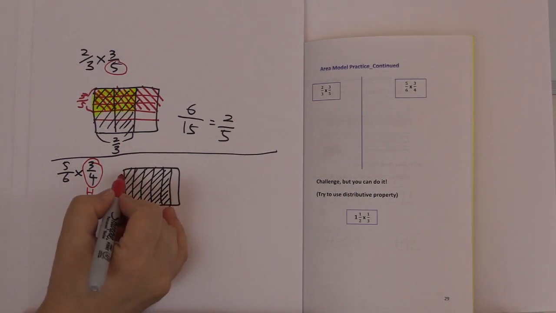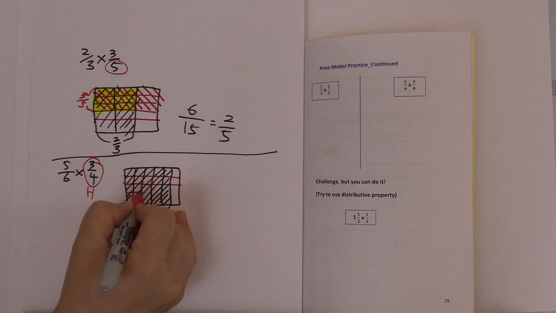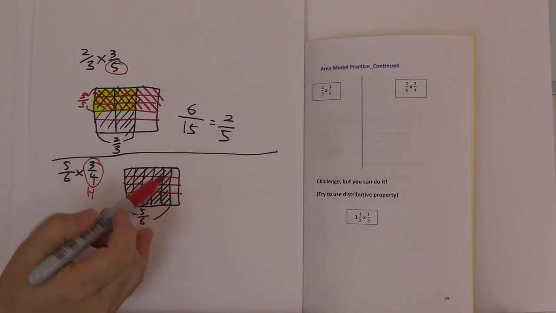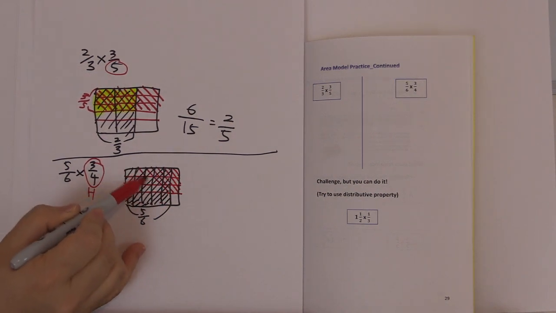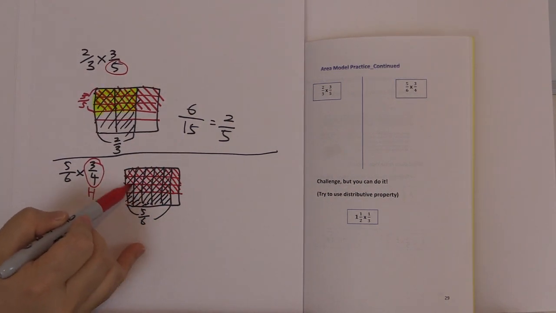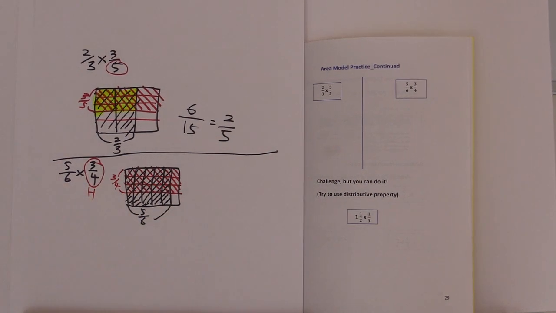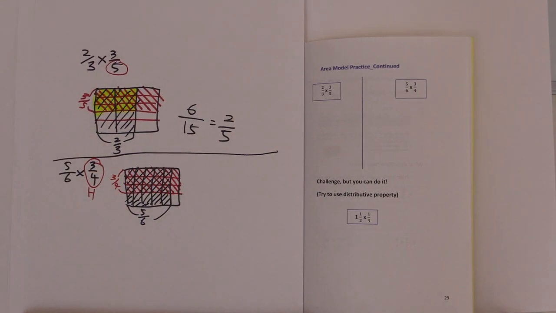So I'm gonna divide into fourths. So I have 1, 2, 3, 4, but only have 3 of them. So this is my height. And my answer is, because my new area now is 3/4 times 5/6. So my new area is